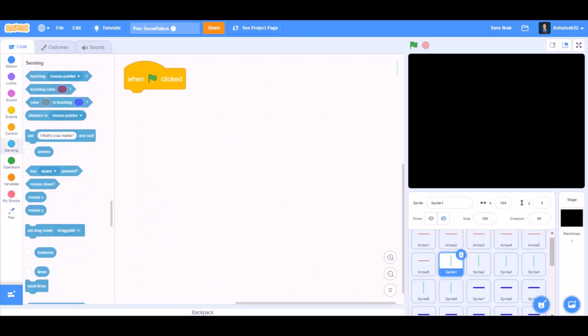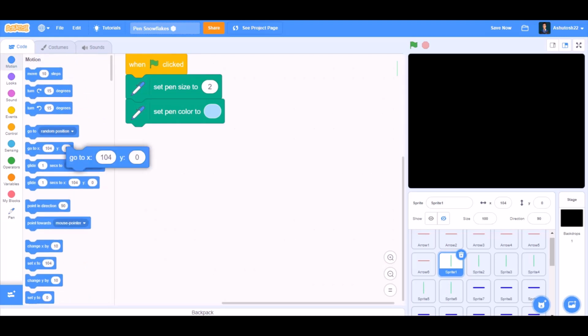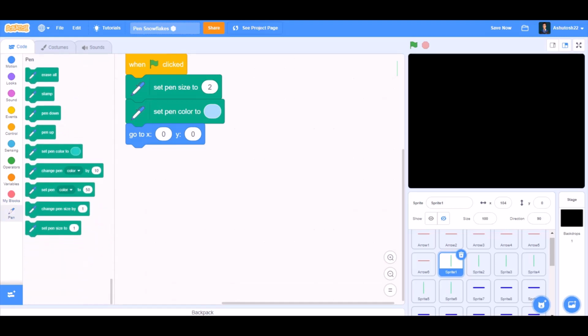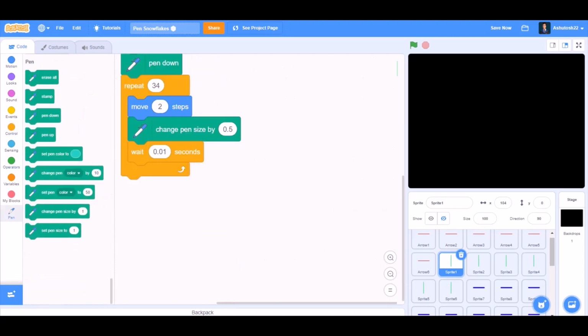When the flag is clicked, set pen size to 2. Set pen color to this color and go to X and Y respective positions. Erase all. Pen down. Repeat 34, move 2 steps and change pen size by -0.5.